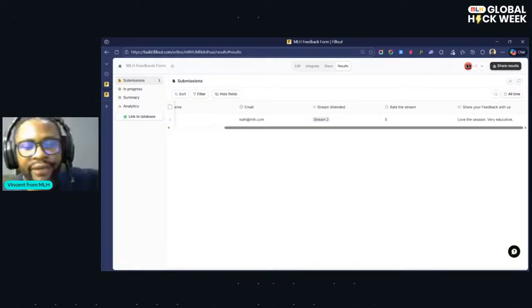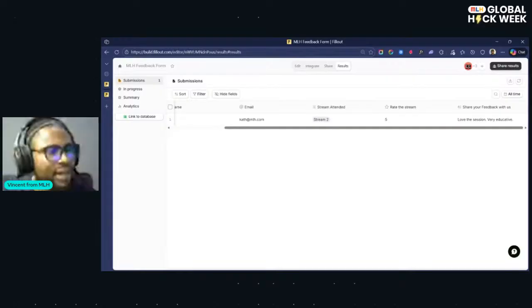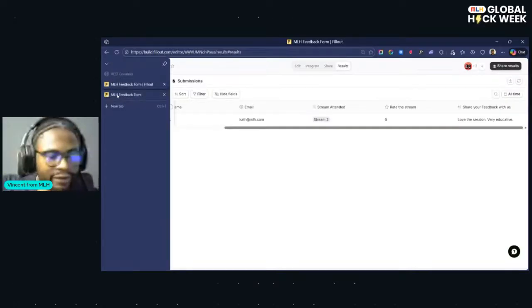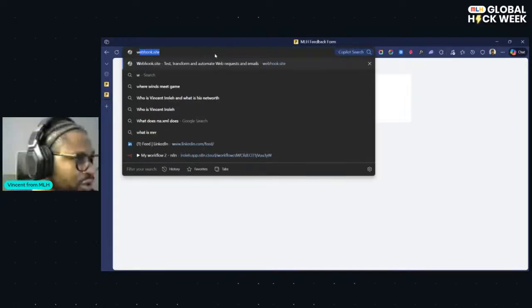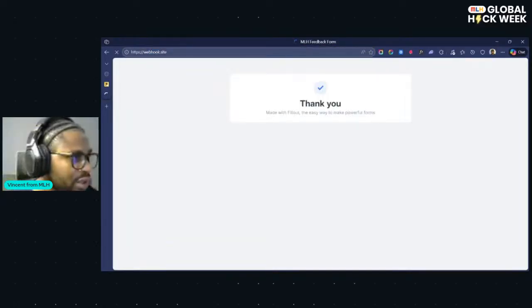The idea is the form is being submitted, that's fine, but we want to send out data from the form to somewhere else. We're not going to go deep into this, but I'm going to use a site called webhook.site. What this does, it gives you